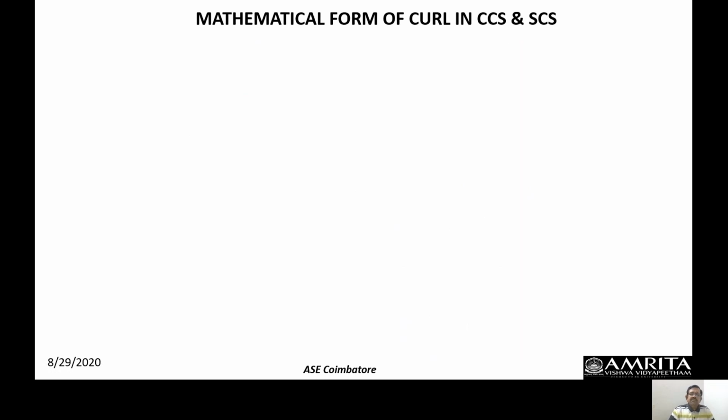Now the last function which we want to know is actually we want to find the mathematical form of curl in the cylindrical coordinate system and spherical polar coordinate system. So again, this curl will be defined at the time of derivations. I will show for Ampere's law. I will describe the derivation for curl. That time I will tell you how to arrive at the formula that I am going to show here.